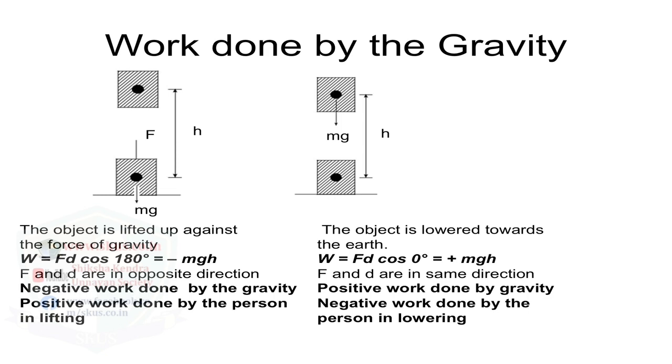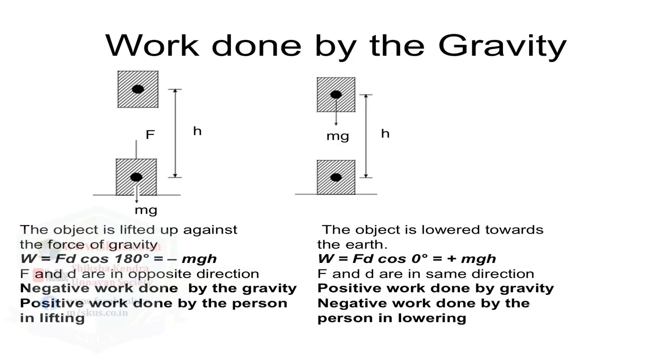Let's see the case in which the object is lowered towards the earth. The force and the displacement both are in the downward direction. Then W is equal to Fd cos 0 degree. The question arises, why have we taken theta to be 0 degree? Because F and d are both in the same direction. It is equal to positive mgh. This means that positive work is done by the gravity and